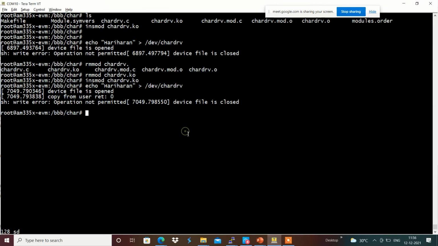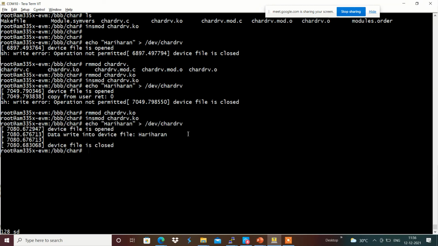I'm going to use rmmod character drive.ko and insmod, and access the data written into the file. Whatever data we are writing is received at the kernel space with the help of copy from user. I'm going to print writing data to character drive.